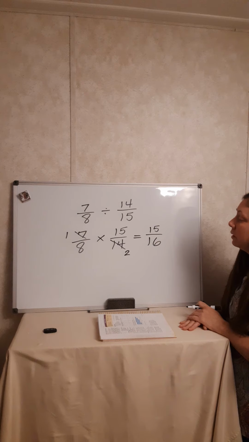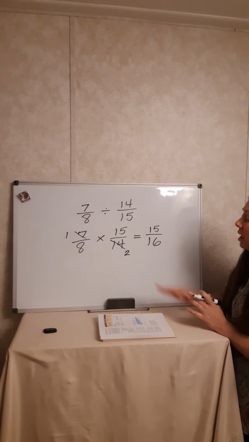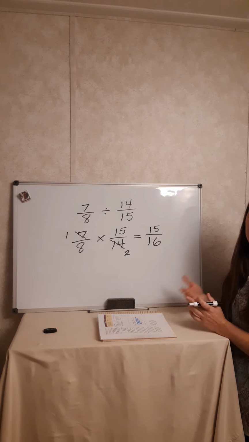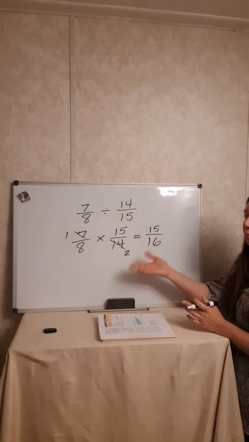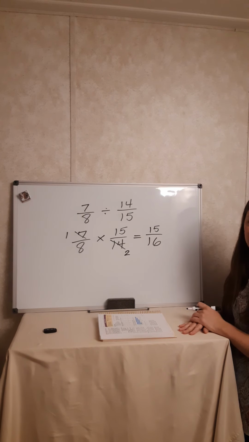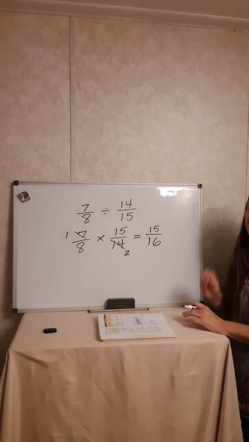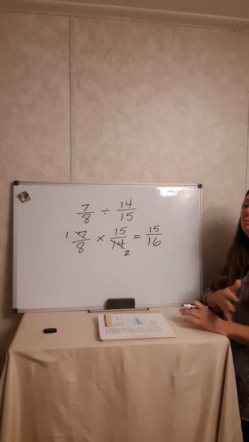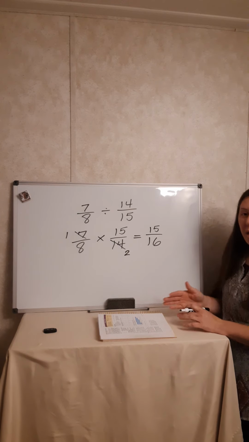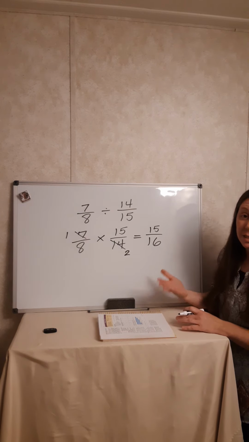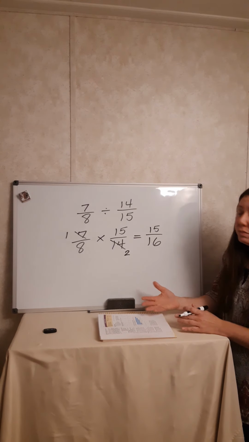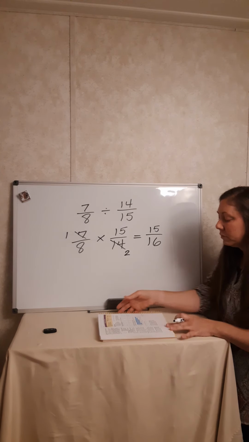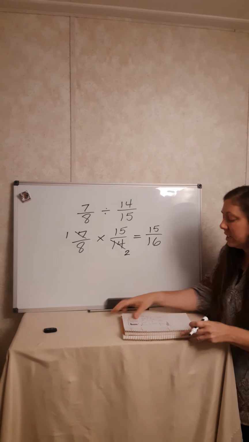And really the whole idea of cross-canceling is that you're reducing the fraction before you multiply it. That's the whole reason behind it. Please check though every time you finish a problem, because sometimes we may not have cross-canceled, we may not have reduced it all the way in the cross-canceling process. That's possible. So just make sure you check your answers when you're finished. Okay, so for today's lesson,